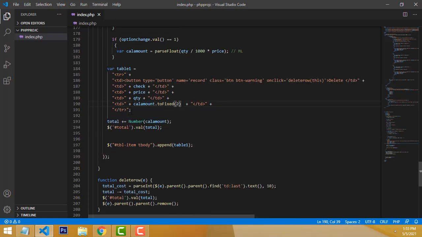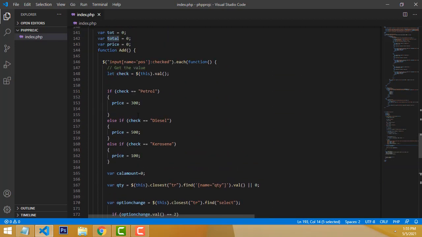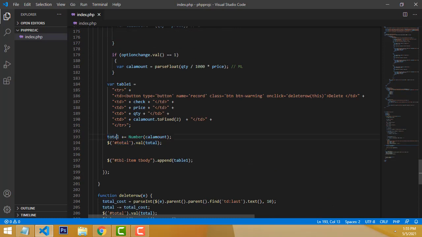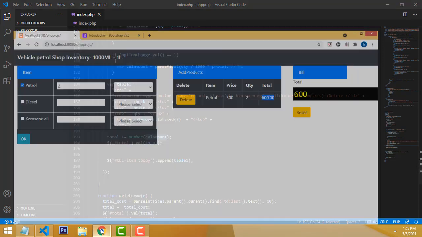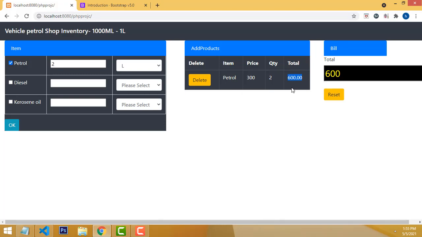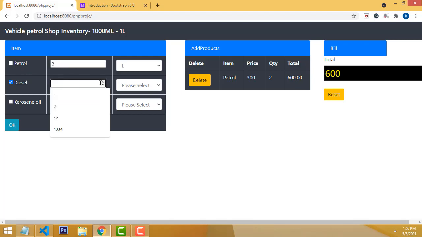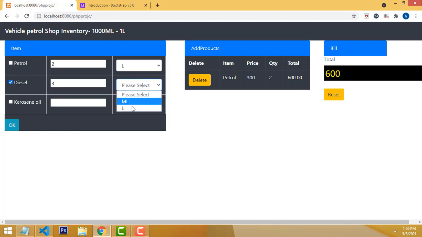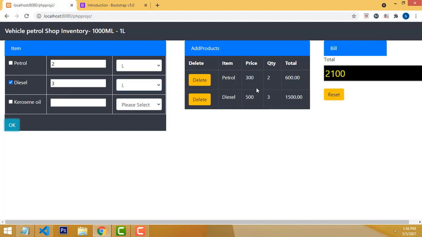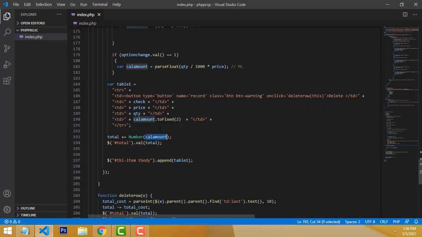Okay. After that, you already created the variable total above. Get the total variable here. Number tot. Whatever value you added, keep on adding here. One by one, this total will be calculated and displayed here. Here, if you calculate here, it will be unchecked the second time. You calculate as 3 liter. Here, to calculate and display over here. Okay. This is how we have to calculate. All things